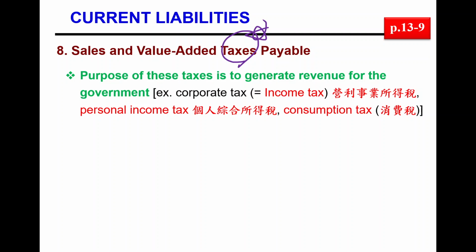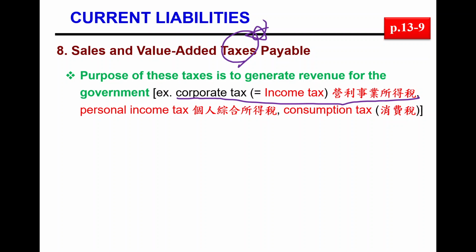So usually for government, the tax is their major revenue, right? They need the money to do something. So the major revenue they have is from the tax. So not only like what? Corporate tax, income tax. So corporate tax, income tax, we will talk about this. Next case,